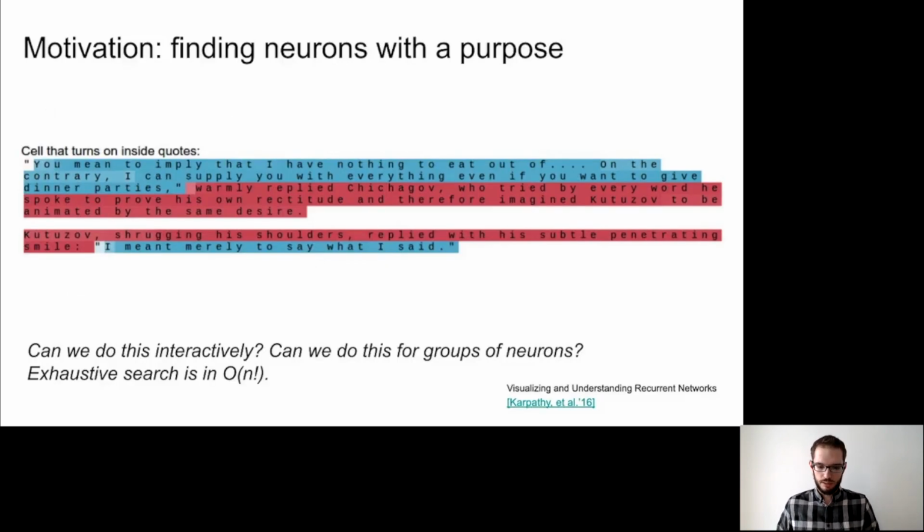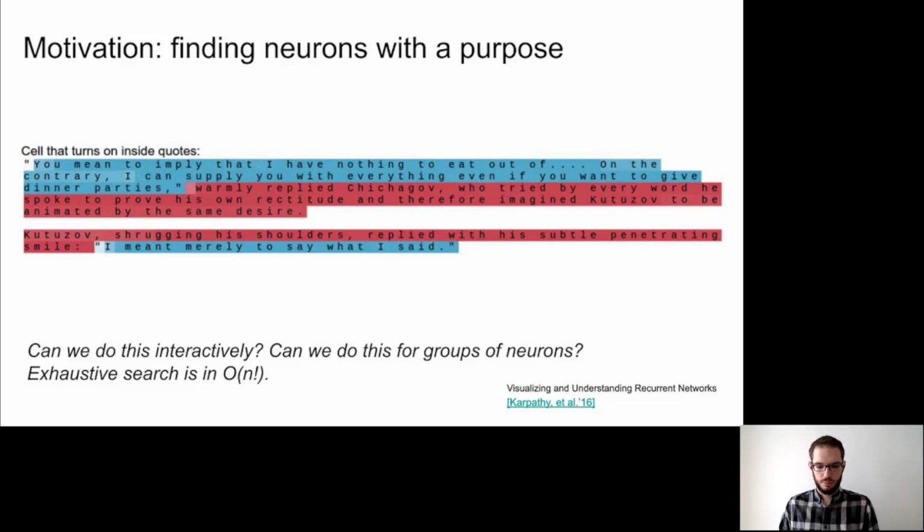This example is motivated by a famous blog post by Andrej Karpathy et al. from 2016, who identified that in a character-based language model, you have cells that directly correspond to whether a token is within quotes or not. And additionally also found